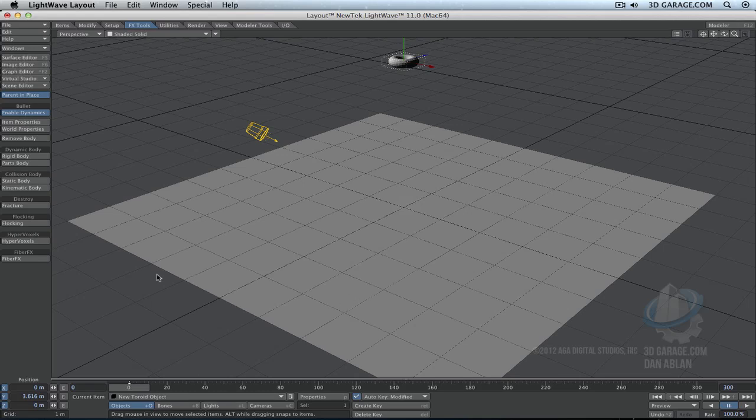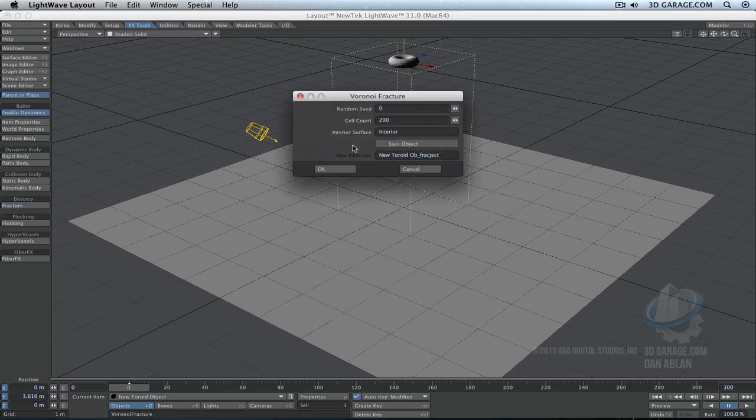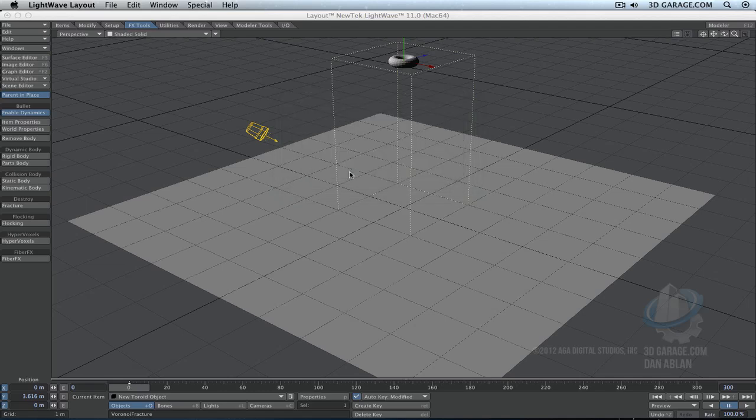Well, one thing that's fantastic is fracture. So I'm going to select this body, and I'm going to change it to a parts body just by clicking on it. Notice that you suddenly see this volume around it. I'm also going to click Fracture. And here is a new fracture tool. Random seed cell count. We're going to leave it at 200. We're going to break it into many, many pieces, and that's what this value does here. We're going to save this, click OK,